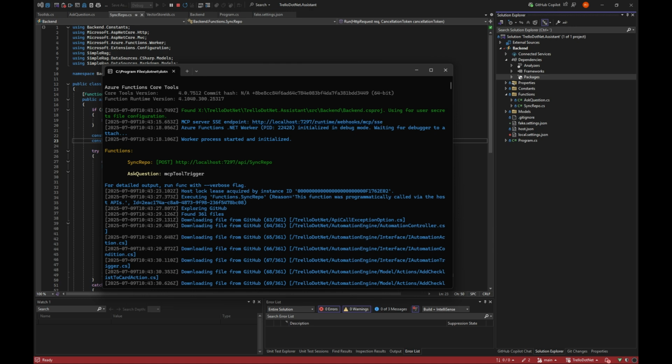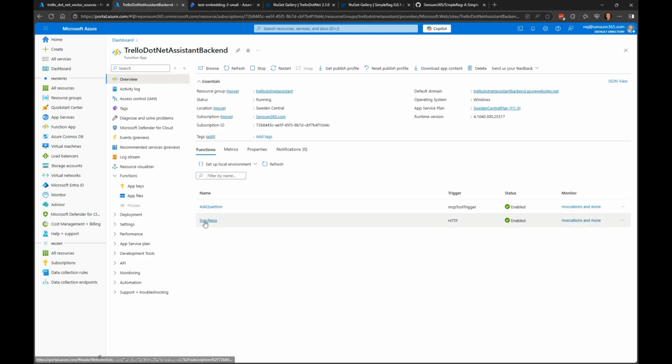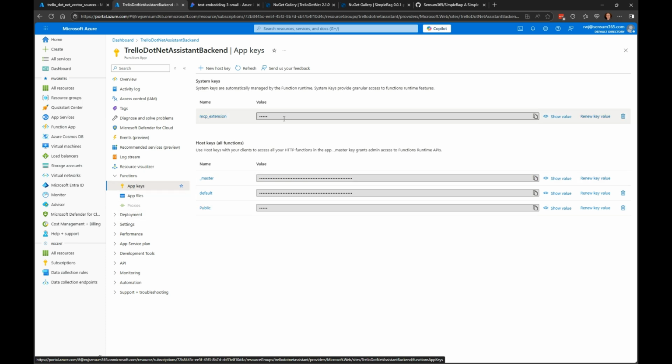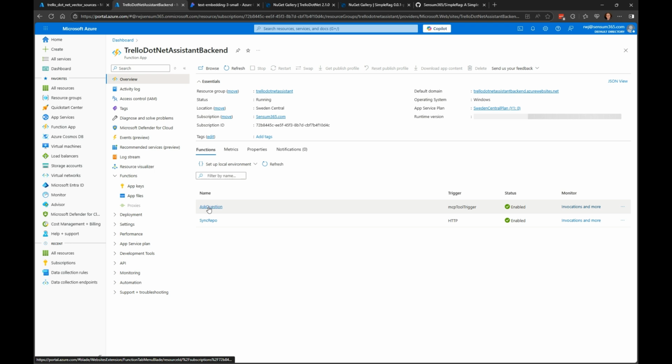And that trigger I have put online. In general, I put all of this online, of course, in this backend. So I have my sync and I have my ask questions. And of course, I need some app key. There's a special app key. I showed that in my other video, but I've just turned it into tools, so it's easy to understand. And beyond that, it is just calling these tools. So ask a question is the one that is actually being used from MCP.